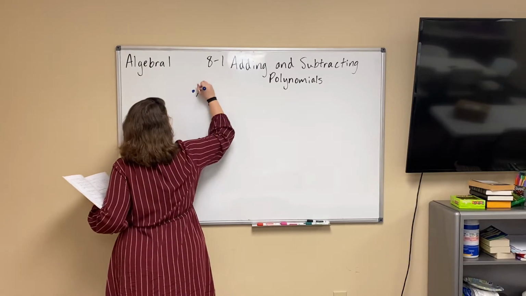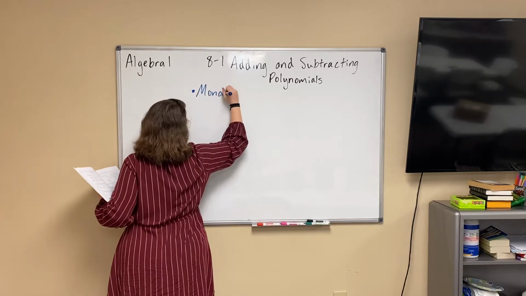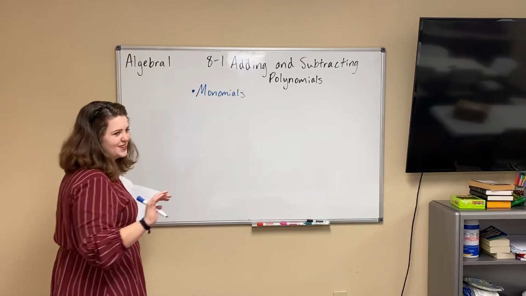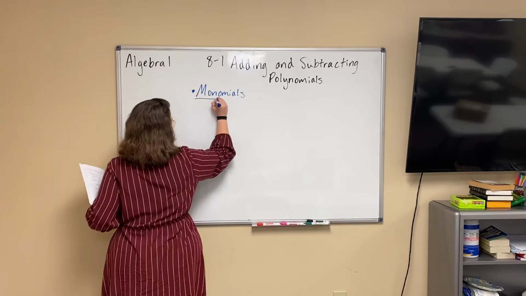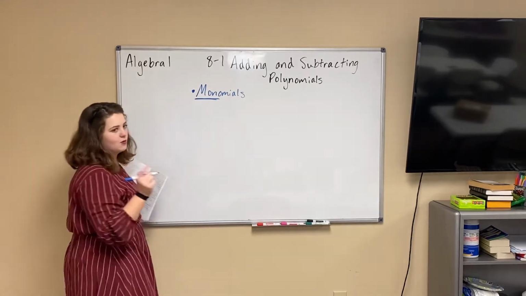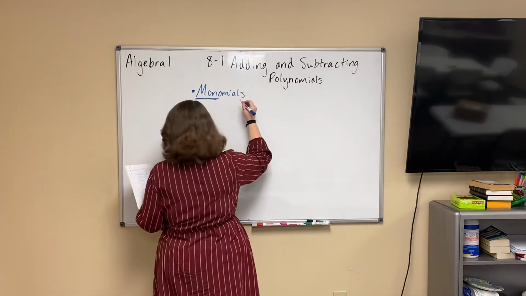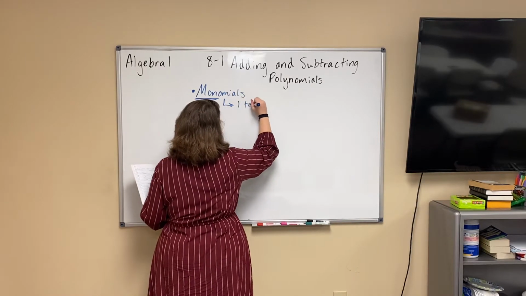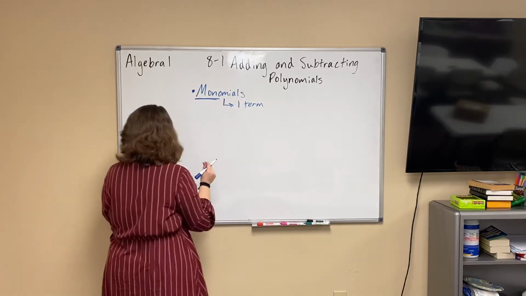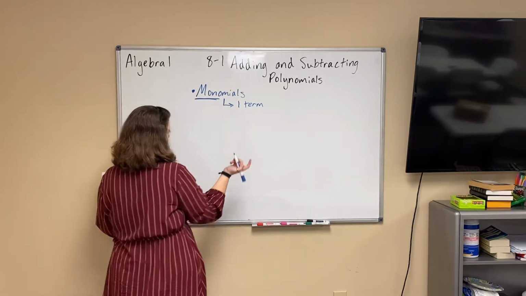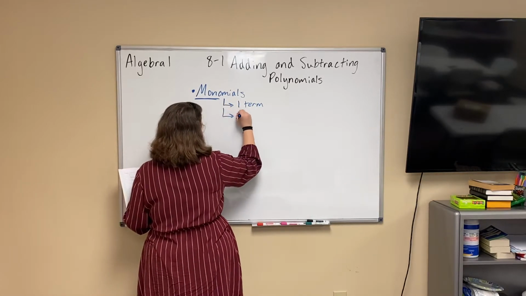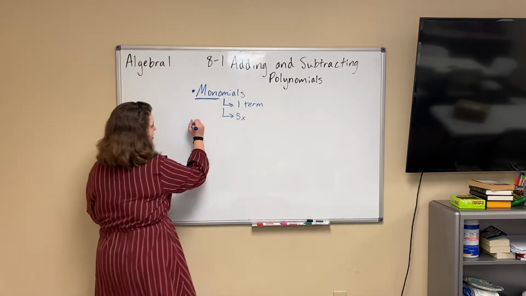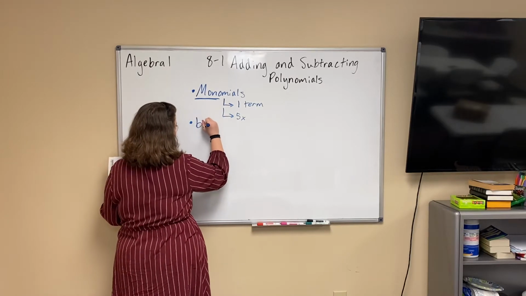First, let's look at monomials. Hopefully you've heard of that before. Mono, if you guys remember, means one. So monomial is one term in an equation, it just has one term. So it'd be something like if I said 5x, just has one term. A binomial,